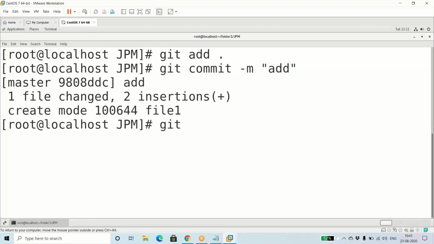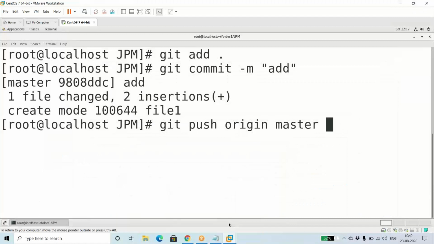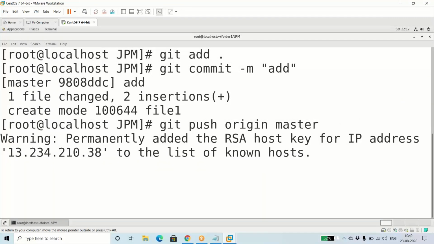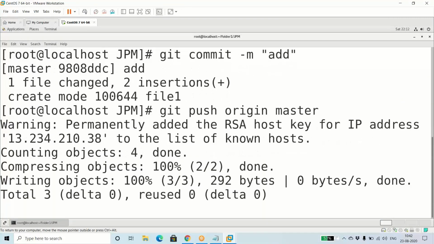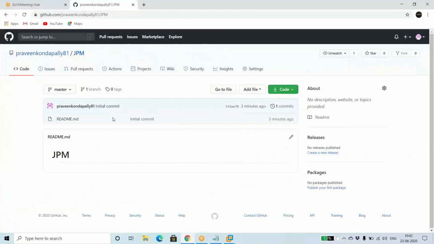And now, git push origin master. Okay, this command tries to push that file 1 to GitHub. Currently it is available in the local folder, right? Once we do a git push origin master, it is pushed.